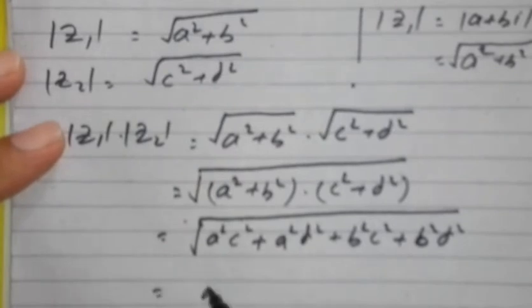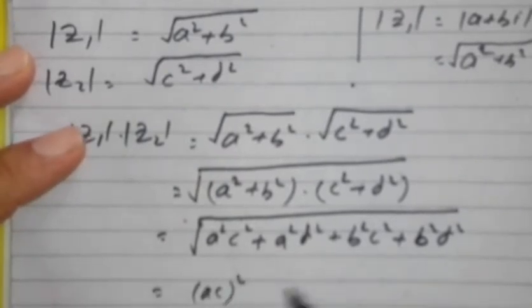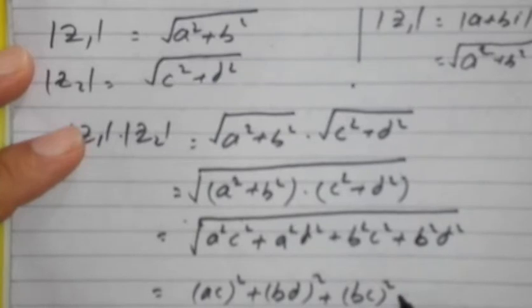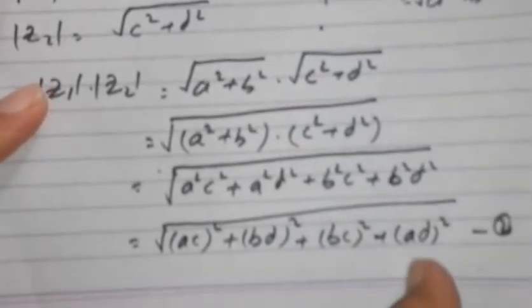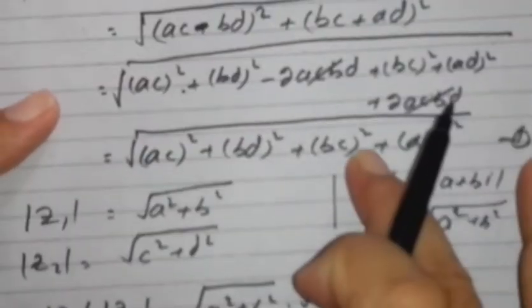Now we can write it as (ac) whole square and (bd) whole square, now (bc) whole square plus (ad) whole square under the root. Equation 2. So from 1 and 2,